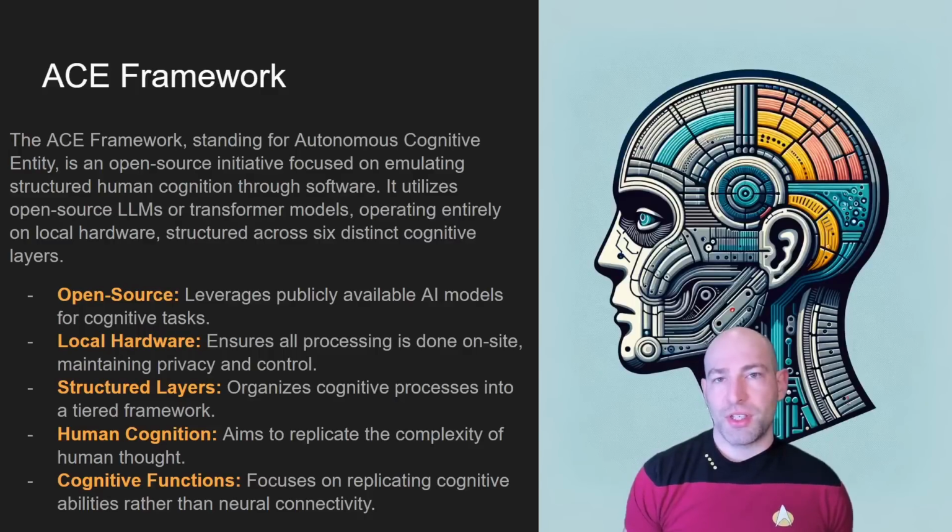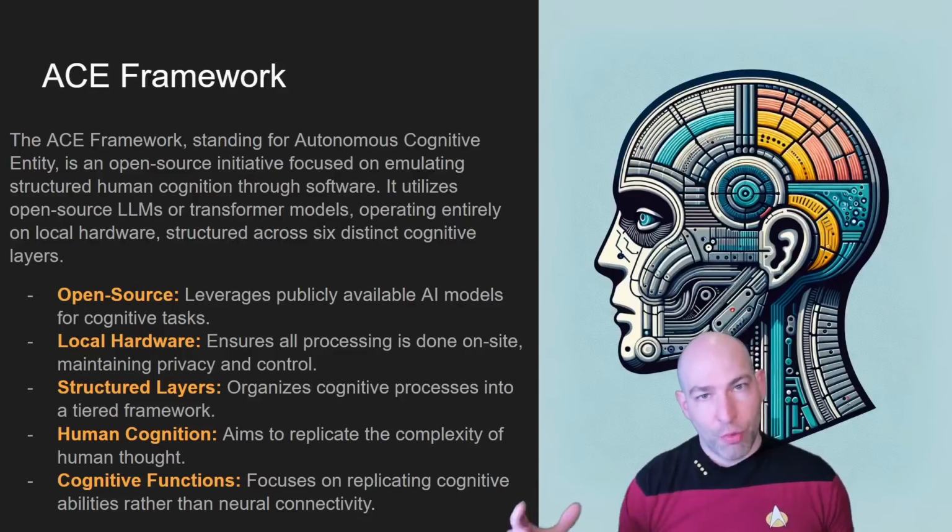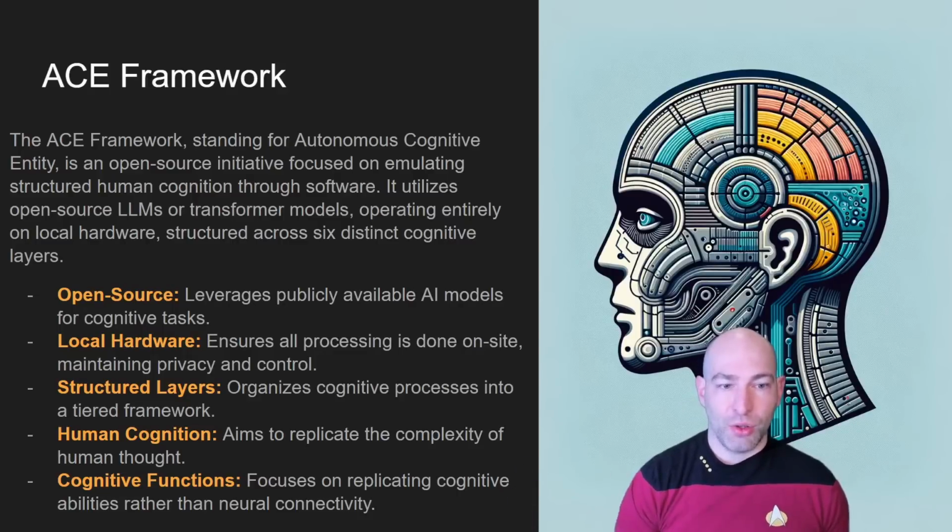The reason for this is because we want to ensure that autonomous agents are democratically accessible. We want to avoid vendor lock-in. We don't want you to be 100% dependent on Microsoft and OpenAI and Amazon and Meta and Google. Now, that being said, we do have a second project that will use those, and we'll get into that in just a second.